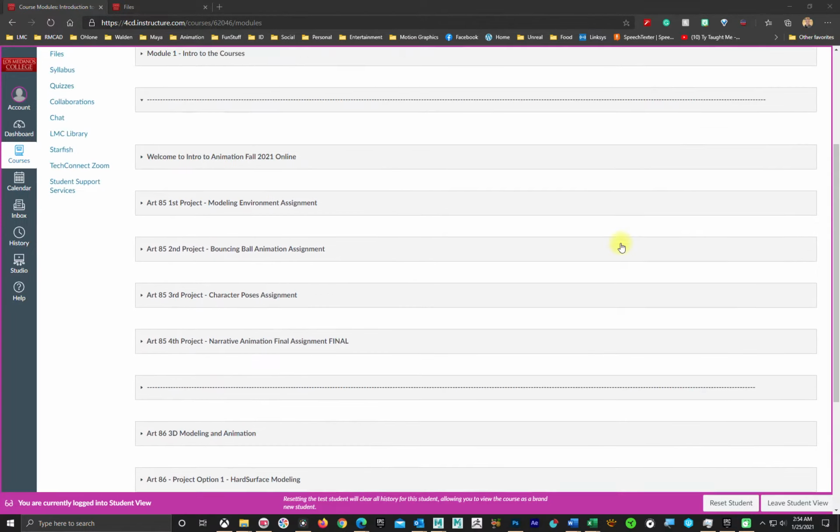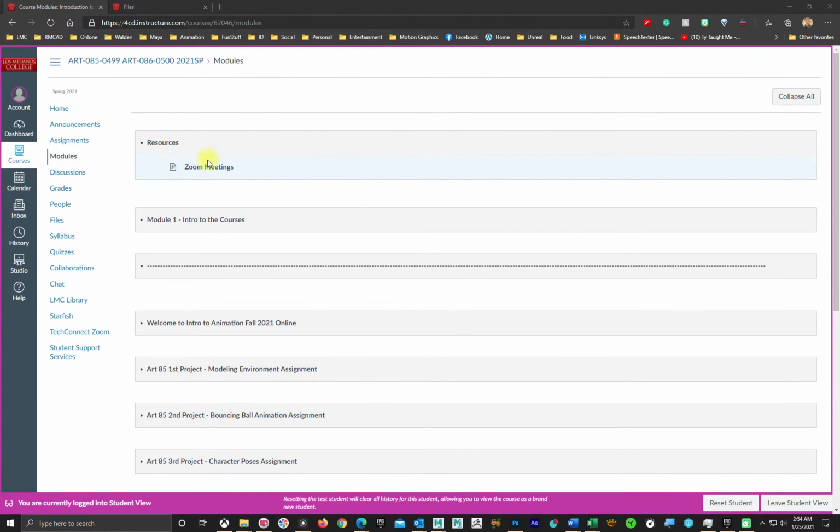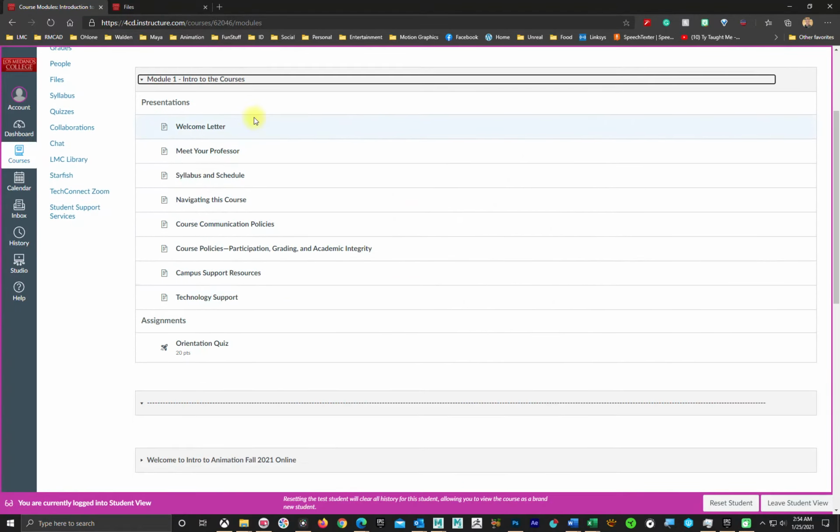You'll see that there are the resources sections, which just has the Zoom meetings, module 1, where everybody goes through, and you should just run through all of this. There's a little quick quiz at the end. Don't worry, it's quick and painless, super easy. But just with a lot of the stuff where the syllabus is, the policies, and the way you'd navigate,